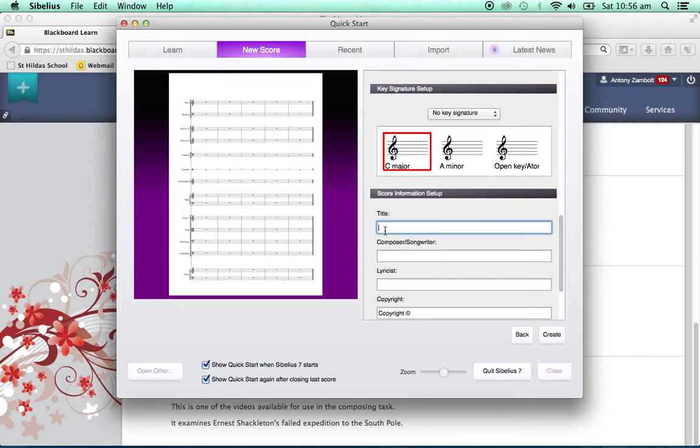Don't forget to add your title and write your name in the composer. Whenever you are doing a new work, you should also put in the year and write your name in again down here, in the copyright area. So good luck with making those selections. We'll see you